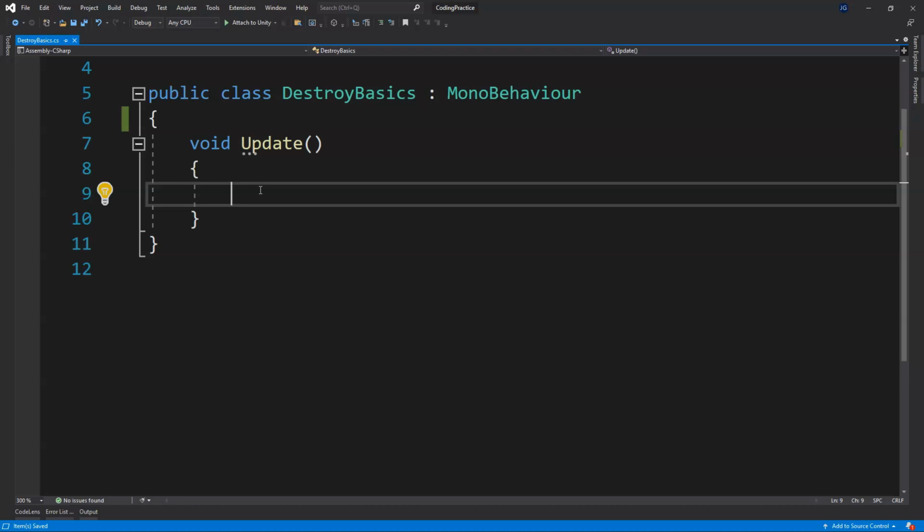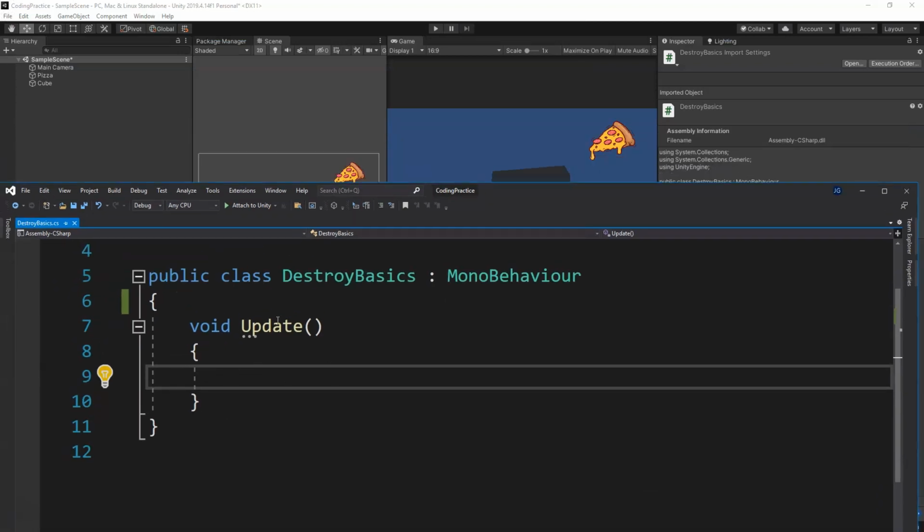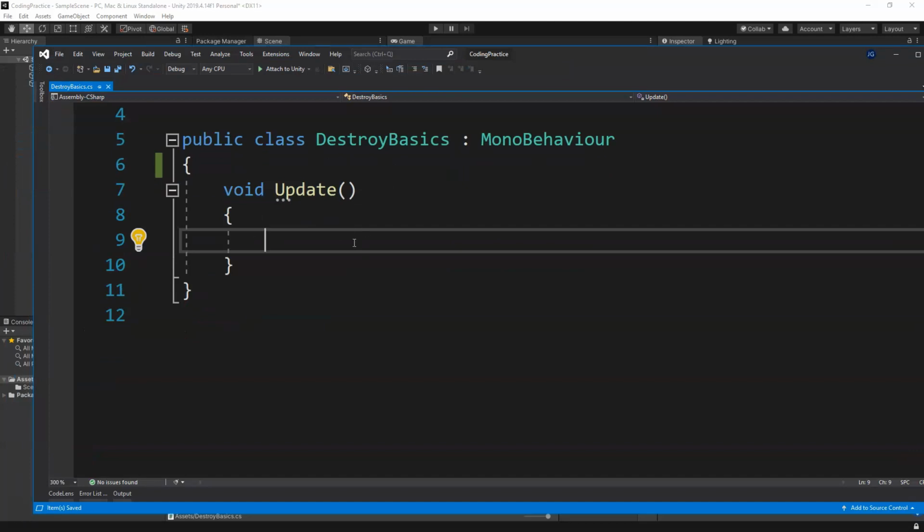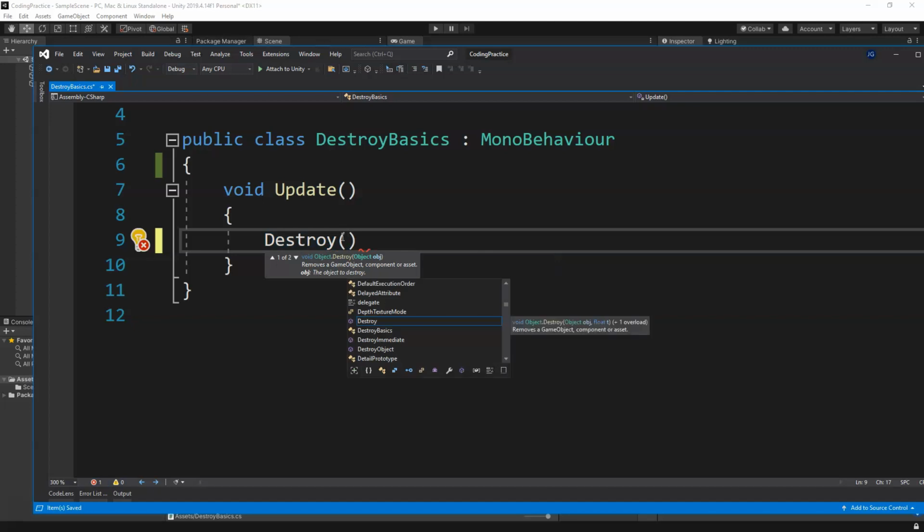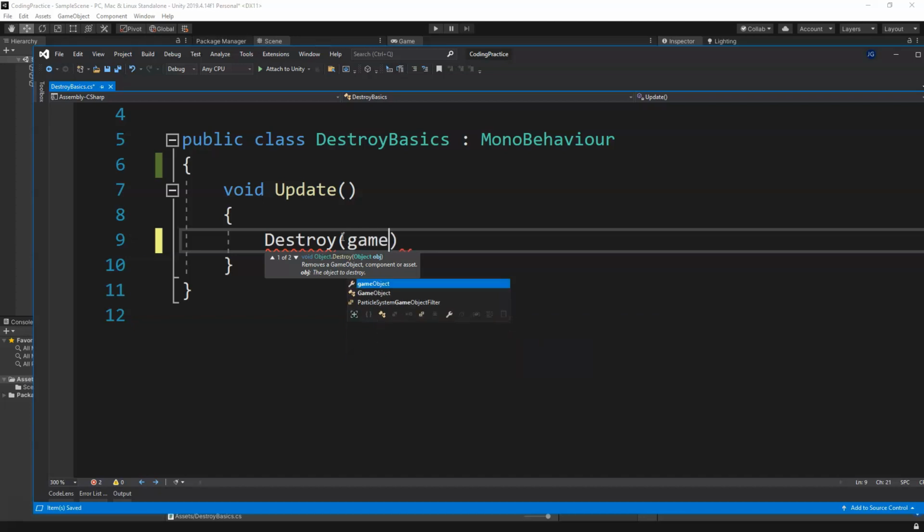And now the first thing that we're going to do is just the most basic destroy. We want to destroy the object that has this script, which is the pizza. The pizza has this script on it. So we can simply call Destroy, which comes from Unity. You can see if we hover over it, it says it removes a game object, component, or asset. So then what do we want to destroy? Here it says the object. What is the object that you want to destroy? This is the most basic form of Destroy. So we can simply type in gameObject,